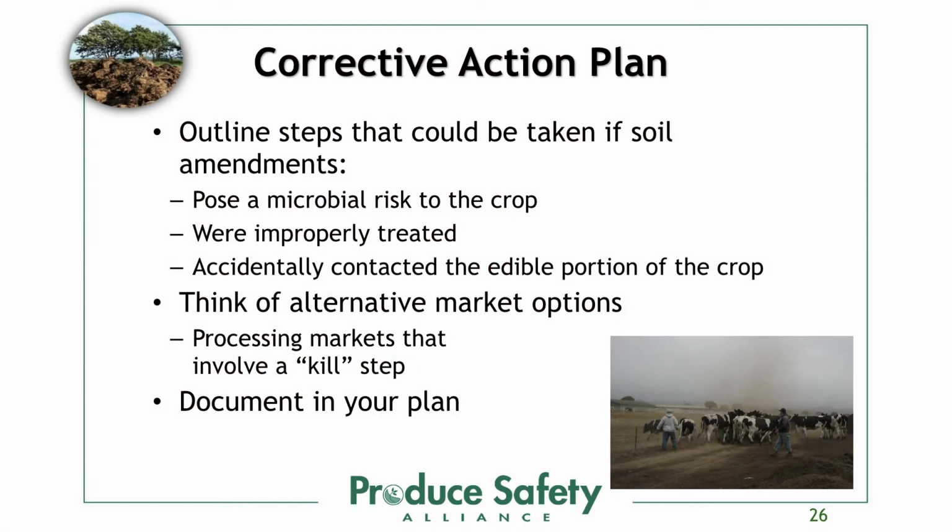Great. So whenever we have standards in place, and it's a little hard to talk about that because we actually don't have minimum time intervals now between application of raw manure and when the crop can be harvested. But once they are established, and definitely if you're in organic production, you're following that 120 and 90-day rule, we need to have corrective actions that we can go through in the instance where we don't meet that minimum time